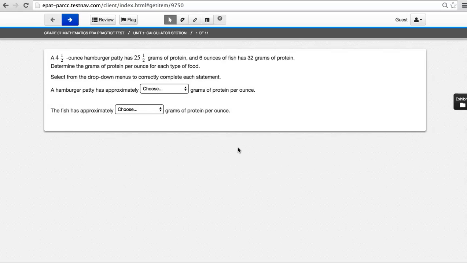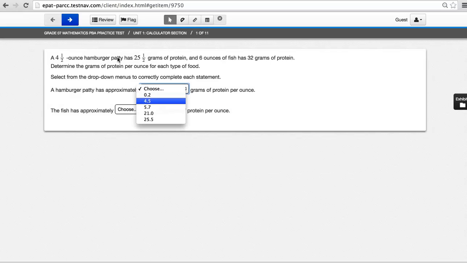A 4.5-ounce hamburger patty has 25.5 grams of protein, and 6 ounces of fish has 32 grams of protein. Determine the grams of protein per ounce for each type of food. Select the drop-down menus to correctly complete each statement. So all you really have to do is take 25.5 grams of protein for the hamburger and divide it by